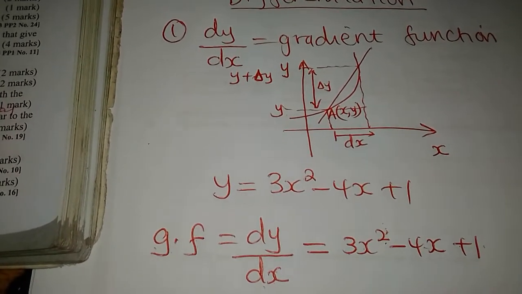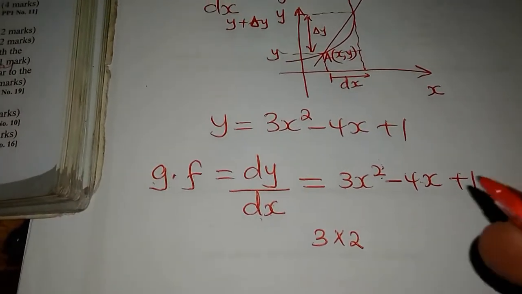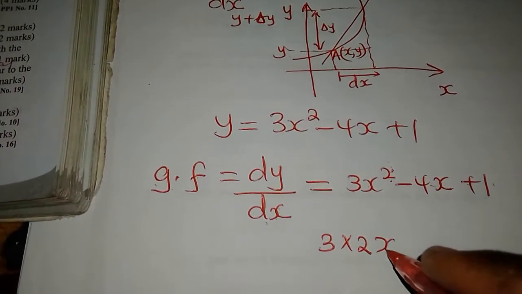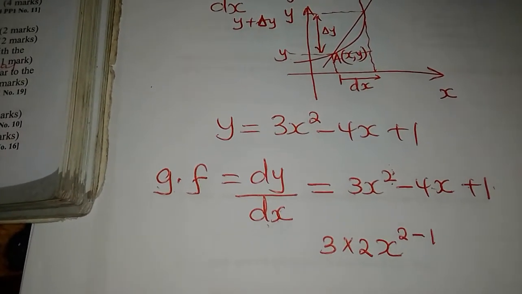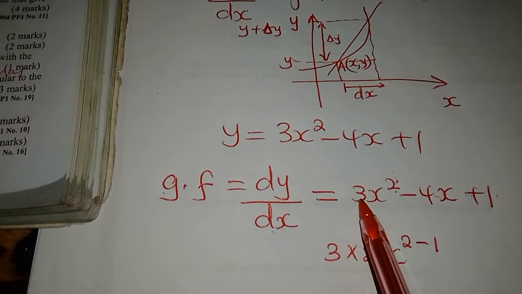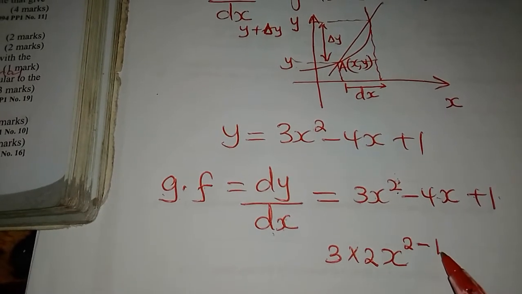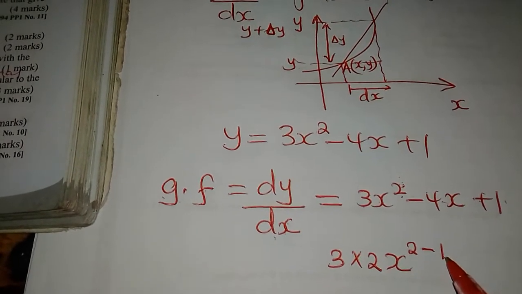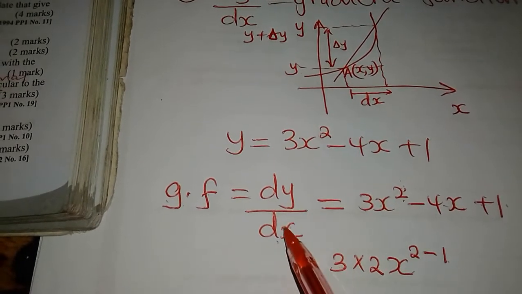Look at this. So I'm going to say 3 times 2. Then I say x. Then I'll say 2 minus 1. Look at that. The power was 2, I multiplied by the coefficient of x, then I reduced the power by 1. You get the point? So that means when you are differentiating to get the dy dx,